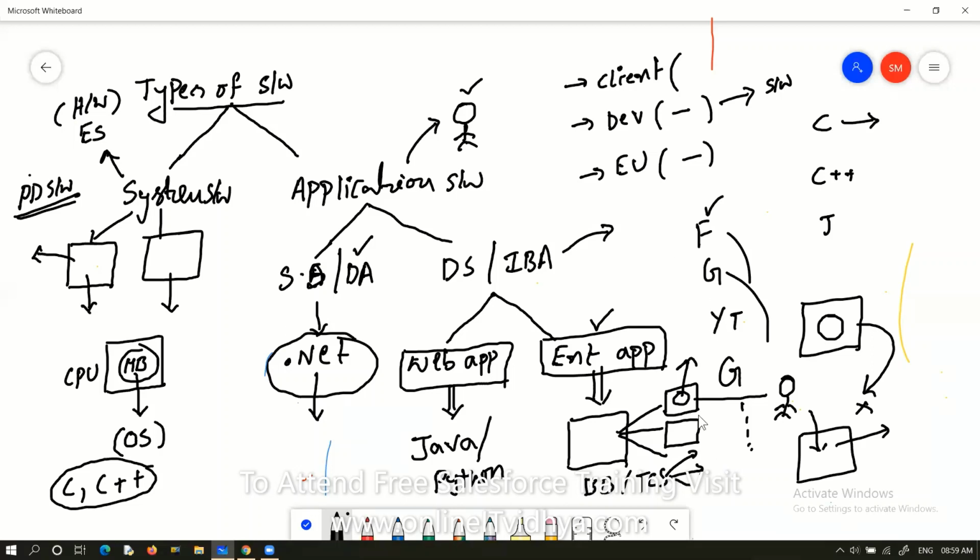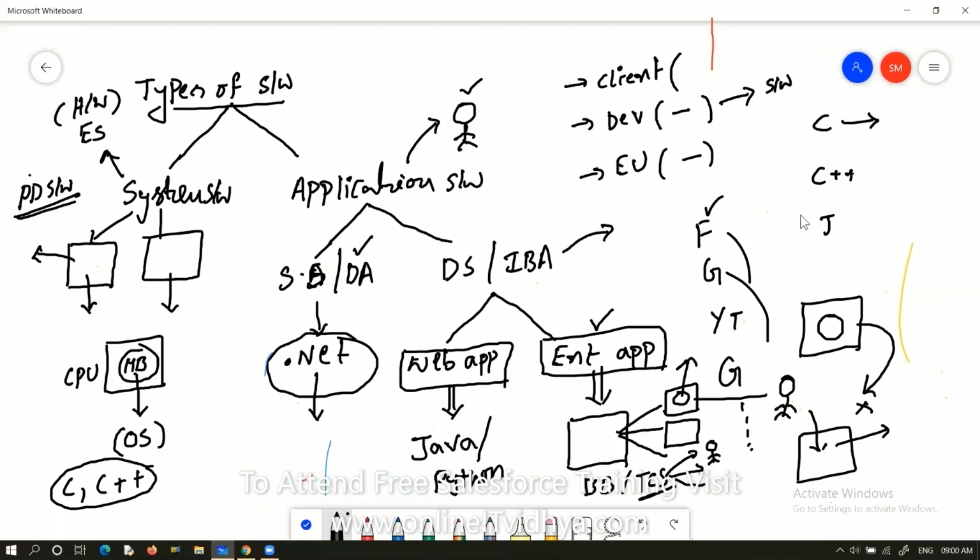They will use their own internal mailing application and their own chatting application for communication purposes. So that means this is also one type of enterprise application. Within the organization, only employees of that company can use it. That's why whenever you join any company, they give you a separate email ID. Only employees of the company can use it.